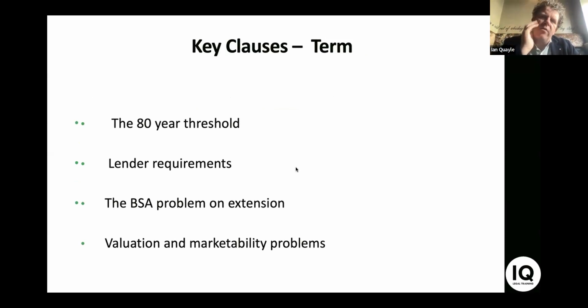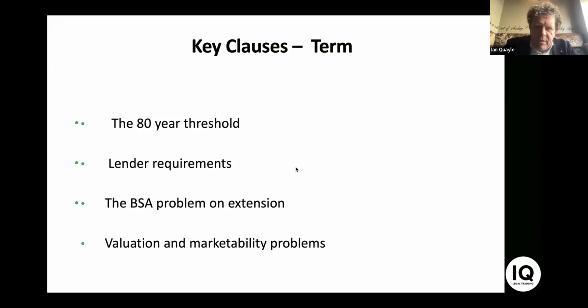I would maintain that where a lease term is less than 90 years, I'd be warning my client about the potential for pitfall and problem once we hit the 80-year mark. I'm very interested in asking clients who are buying leasehold property what their objective is, and do be alive to the fact that you might have a client who's taking a lease with an 85-year term